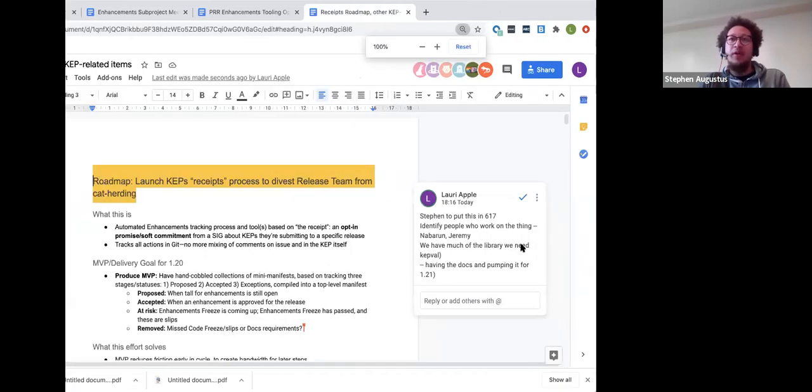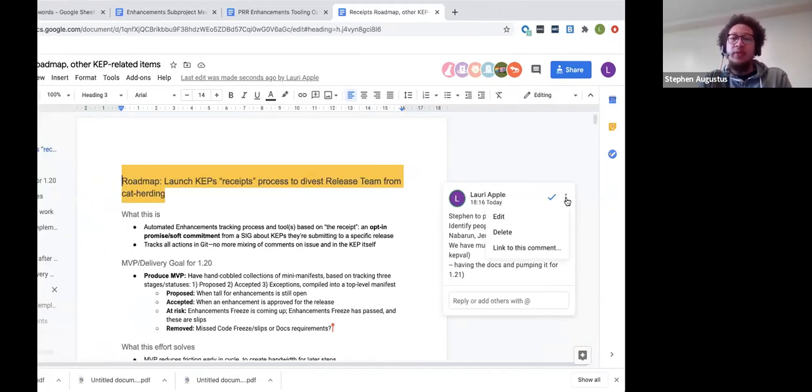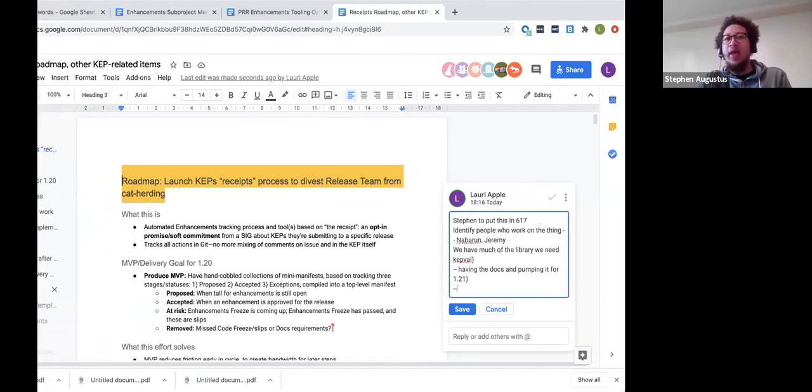And from there we start layering improvements on it, right? Write a tool for it, make the tool read in the KEP metadata, yada yada yada, right? So super bare bones, hack it out to land for 1.21.